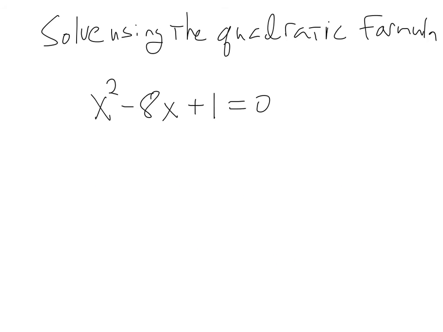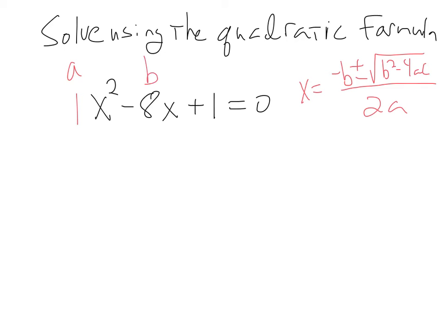Okay, so we're going to use that same equation using the quadratic formula. We already know the answer. You got to remember that the quadratic formula is negative b plus or minus the square root of b squared minus 4ac all over 2 times a, where in this problem a is 1, b is negative 8, c is 1. So to solve it for x, I'm going to write negative negative 8 turns it to positive 8,